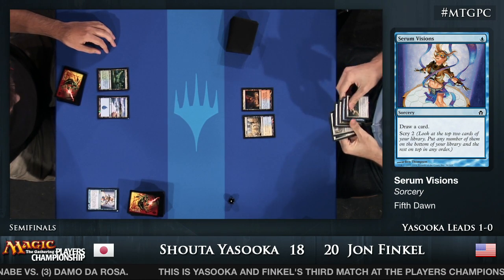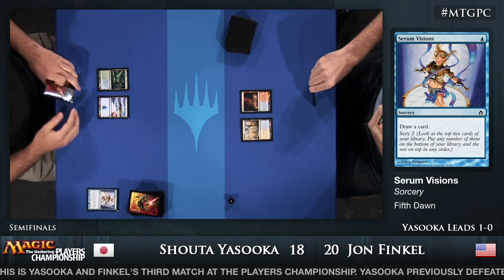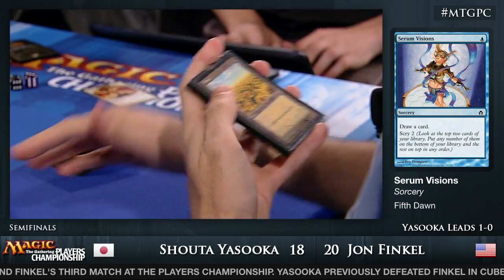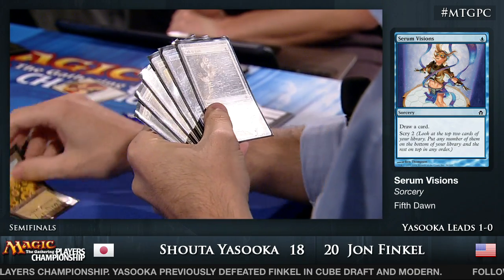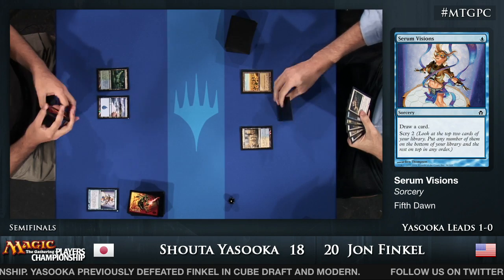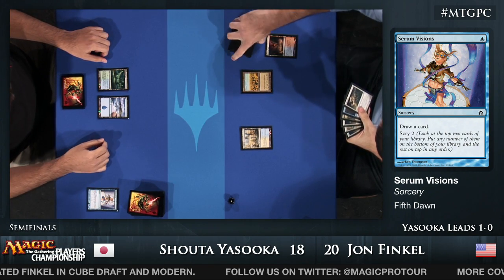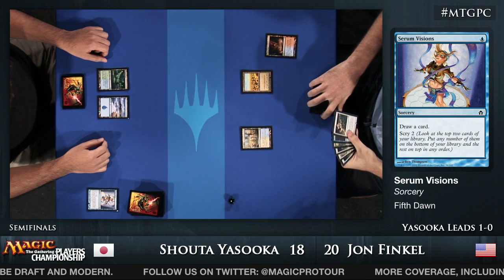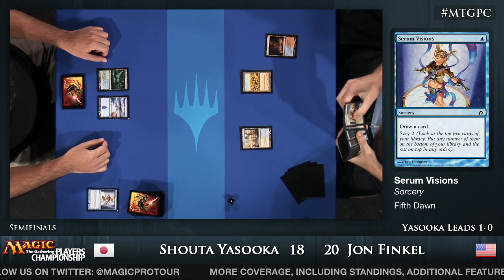In fact, Kitchen Finks, Snapcaster Mage, and in fact, a second Path to Exile. So lots of ways to kill things. And then Path to Exile, very good in this matchup because, I mean, if one of those Eternal Witnesses or Snapcasters that we saw in Game 1 are exiled, he's certainly not going to be recurring them. And given how vital that was to Yasooka's victory in the first game, having access to Path for Finkel, hugely